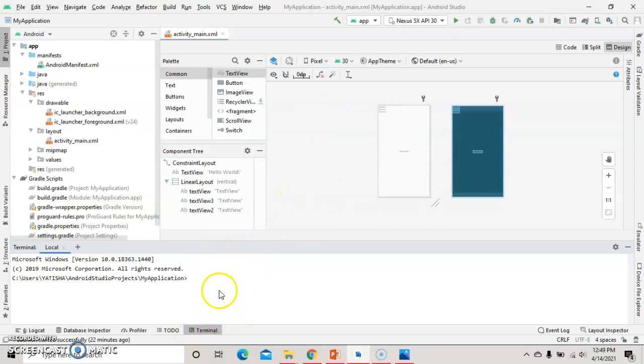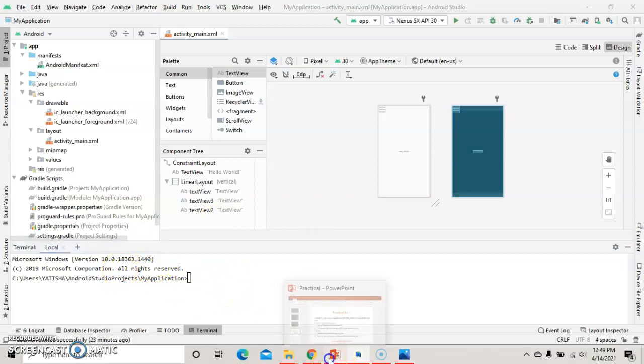In some versions, it is not loading. So go to the terminal part. It is giving you errors. So update your software. Here the update option will come. So press update and update your software. Then your design will be loaded. So use the latest version of Android Studio. If it is asking for an update, then update it. It will take time, but update it.